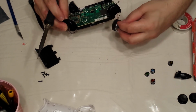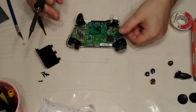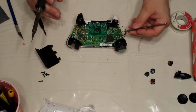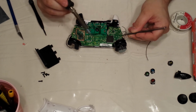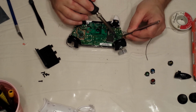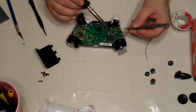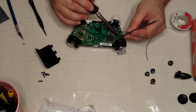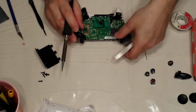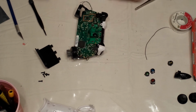Run your wires up through the bottom. Your rumble motor should kind of just sit in there. I mean, it could fall, but no big deal. You can always put it back in, as long as your wires go through. And let's get... See, it fell. No big deal, though. There we go. There we go. Perfect. Okay, on this side,